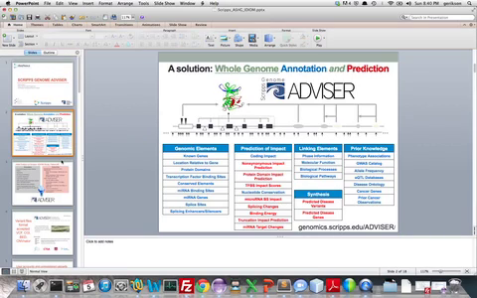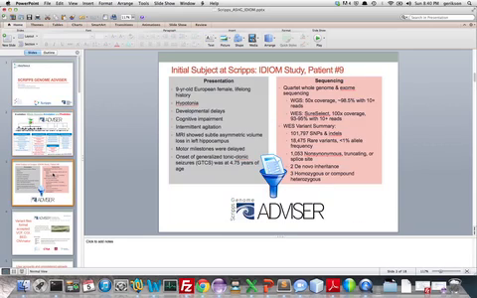And I will show you a real case study of how you can use SG Advisor. I will base this off of IDIOM study, patient number 9. The IDIOM study is a study happening here at Scripps, Idiopathic Diseases of Man research study, with 6 causes of rare diseases. For patient 9,